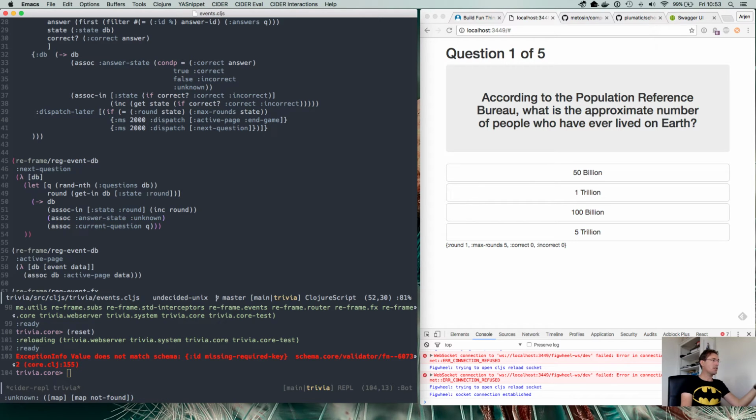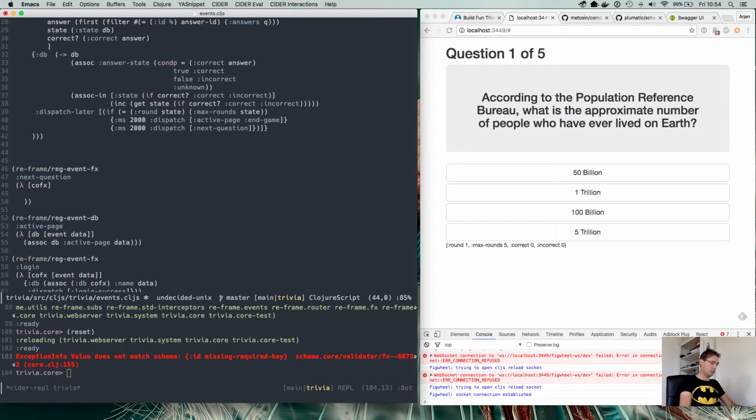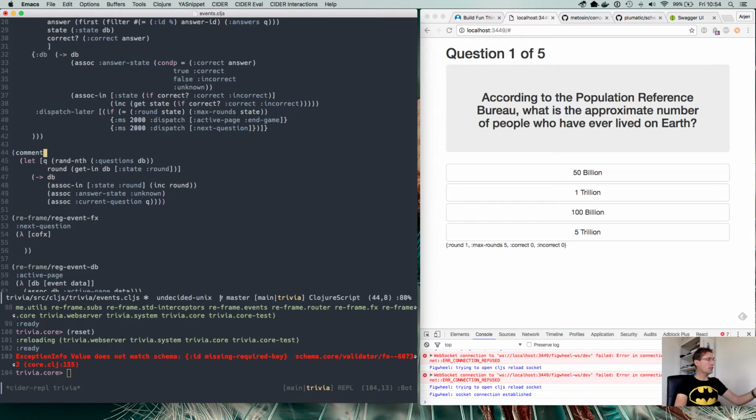And we want this event to fire, but we want to do the HTTP call, right? And as you remember, that's a side effect. And so we should actually change this method to be a co-effects, which does actually nothing really. Let's put this in a comment. In case you don't know, in Clojure you can actually create a structure called a comment, which is quite useful. So the only thing that it should do,